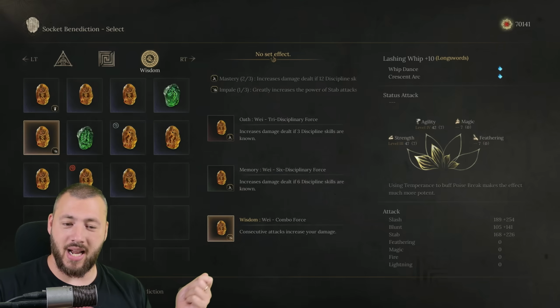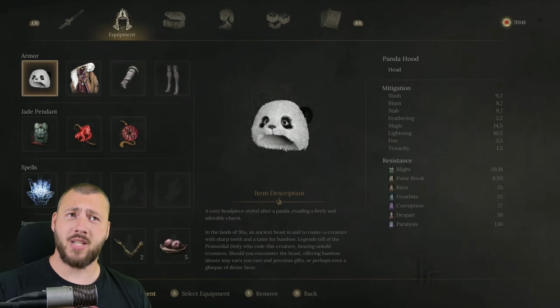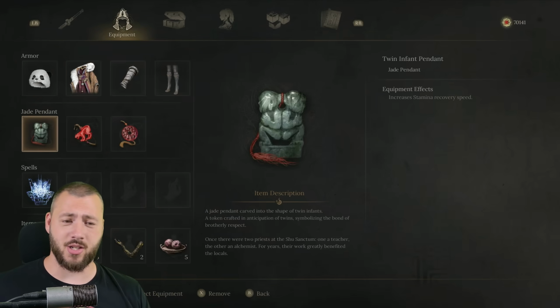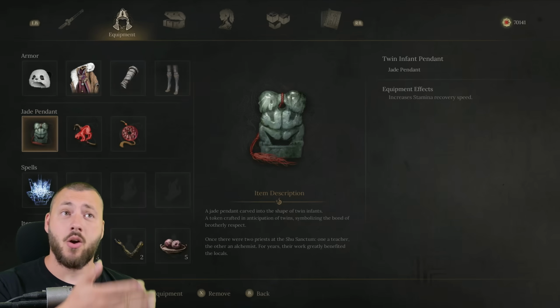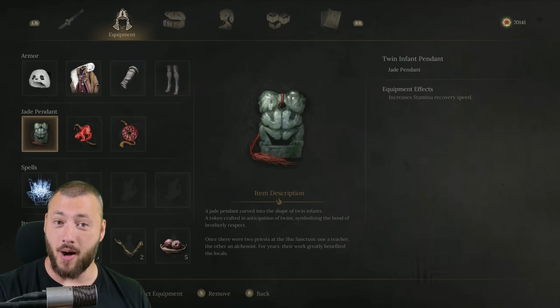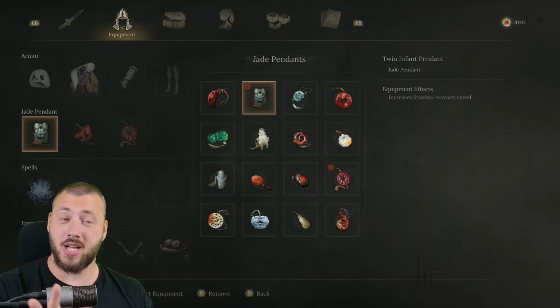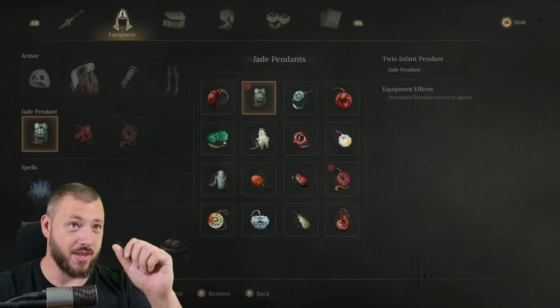And as my last one, I had the combo force for consecutive attacks increase your damage. Now what about your talismans? I gotta say I always play the Twin Infant Pendant that you get below the Lashing Whip in the same area at the very bottom. It does increase the stamina recovery speed, and I'm loath to honestly let go of it, even for maximum stamina or anything. It's just good to have this up as you then do your hit combo and then get your